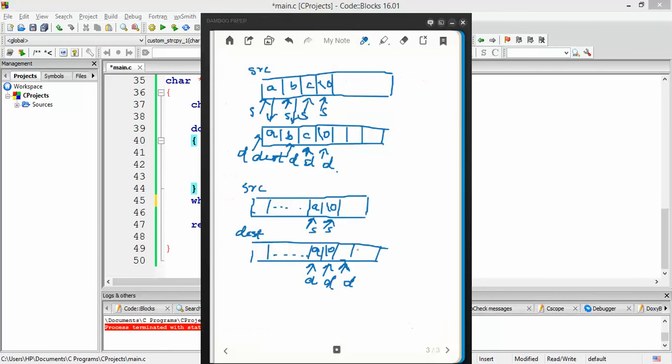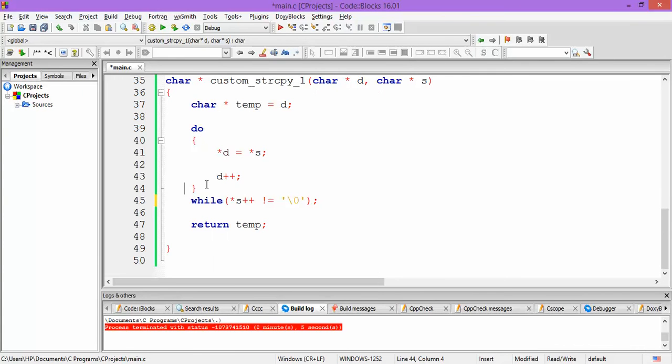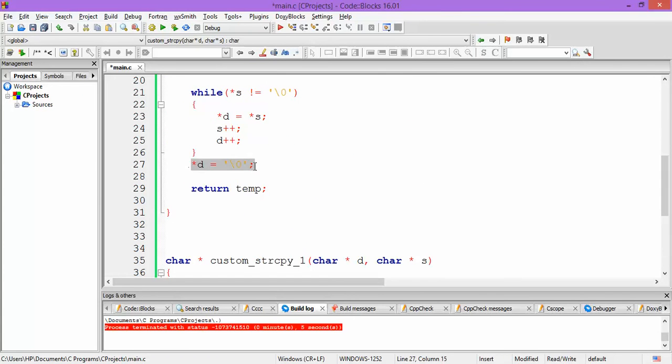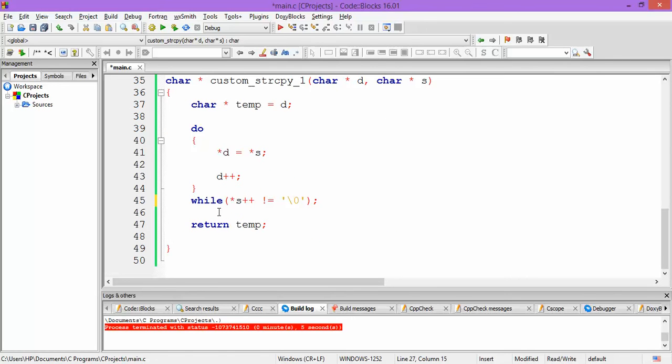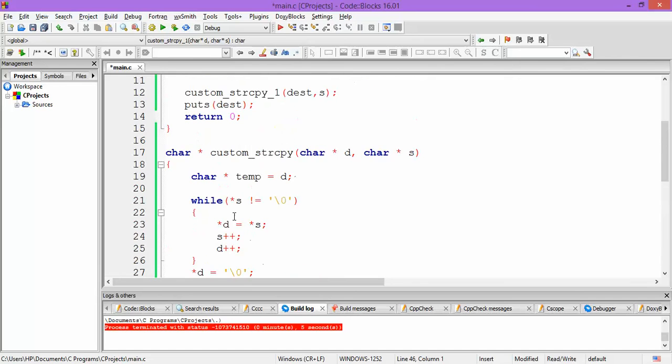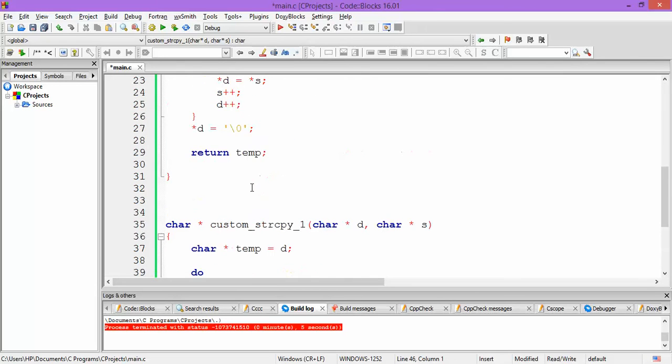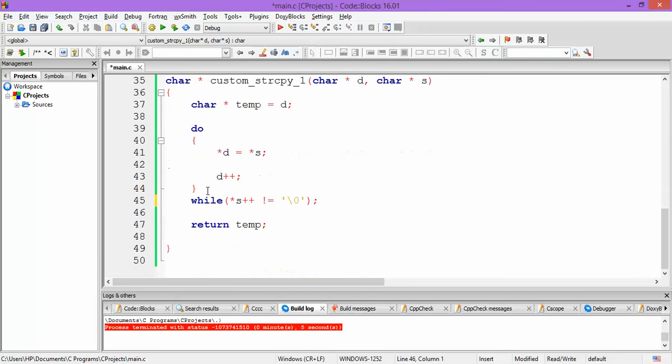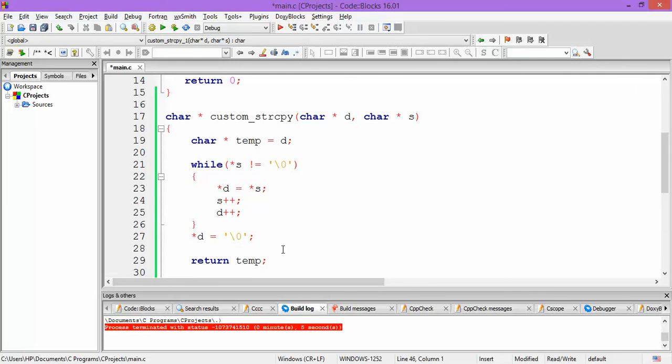So as you might see, this do while loop without the extra bit of code after the loop is able to accomplish the task of copying the null character even. So that extra statement that we used earlier is not required anymore. So this statement is not required anymore. This loop itself is able to accomplish the task. So hope you have understood this logic, both of these custom string copy functions, one using while loop, other using do while loop,